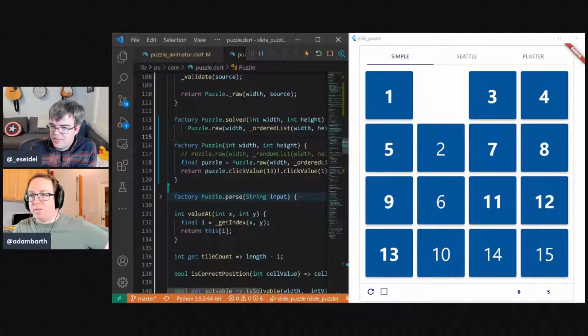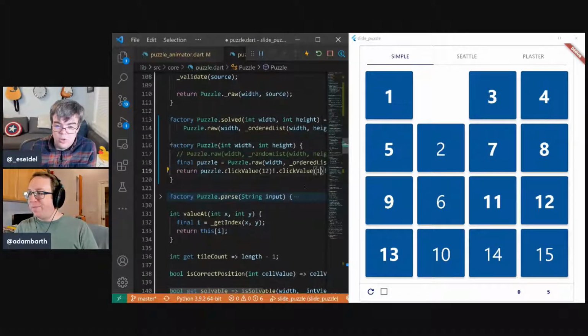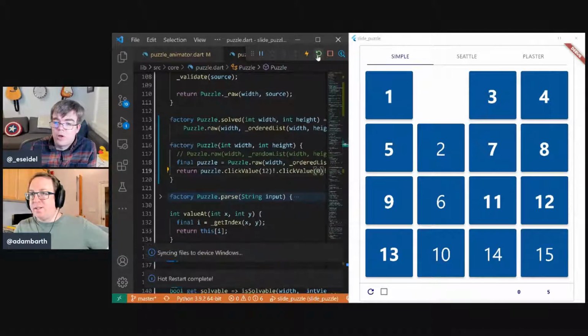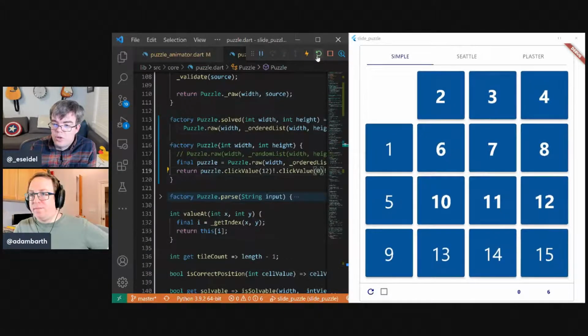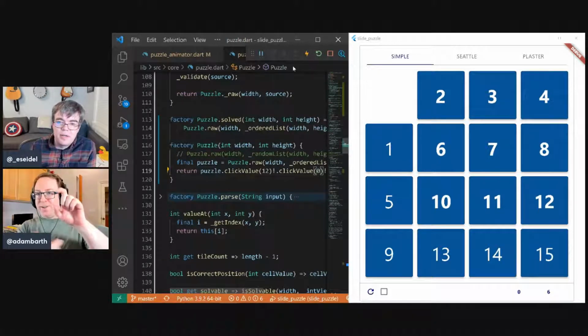That doesn't look right. That's not what I expected. But it's because it's 0 indexed in the code and 1 indexed in the display. So we clicked on the 12, and then we clicked on the... I see. Okay. There we go. All right. That looks much better. Okay, so we're supposed to slide up and slide over, and let's see if the solver